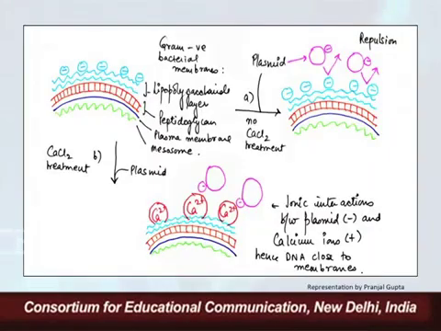As shown in the picture, this is the bacterial cell wall. As you can see, it has a plasma membrane, a peptidoglycan layer, and also a lipopolysaccharide layer. This is the E. coli bacterial membrane, a gram-negative bacterial membrane. E. coli is a gram-negative organism. When the plasmid is added, these plasmids are repulsed by this negatively charged lipopolysaccharide layer, because we know that DNA is also negatively charged. So they will be repelled.